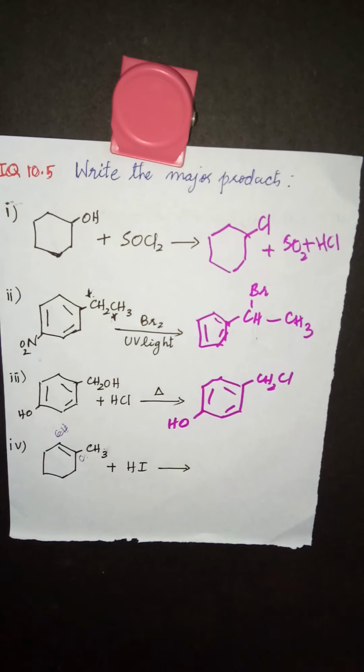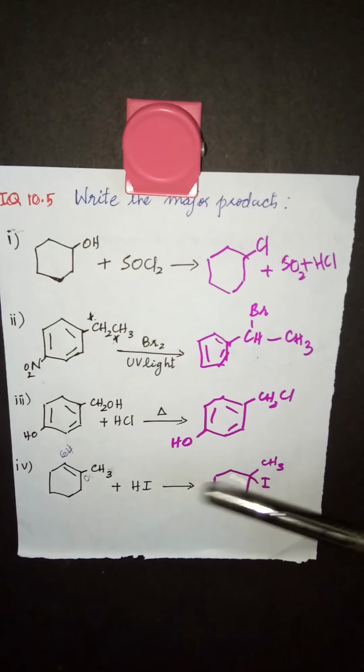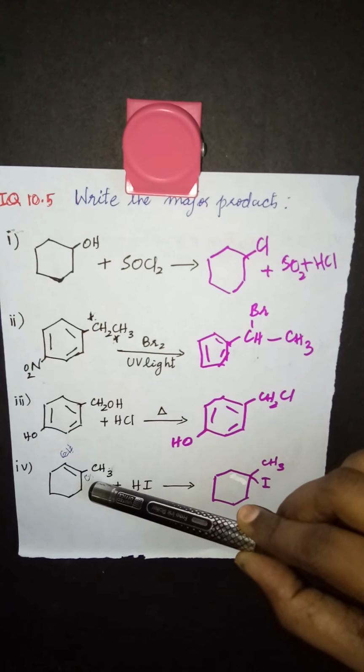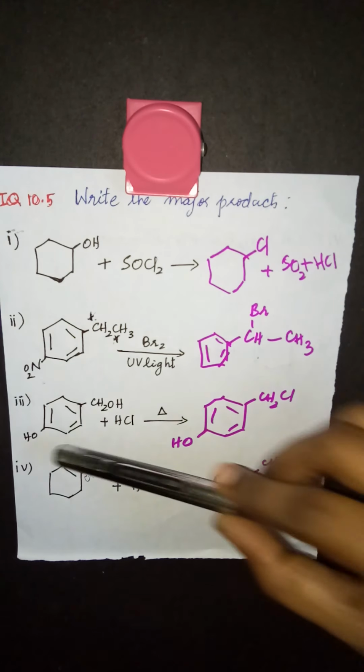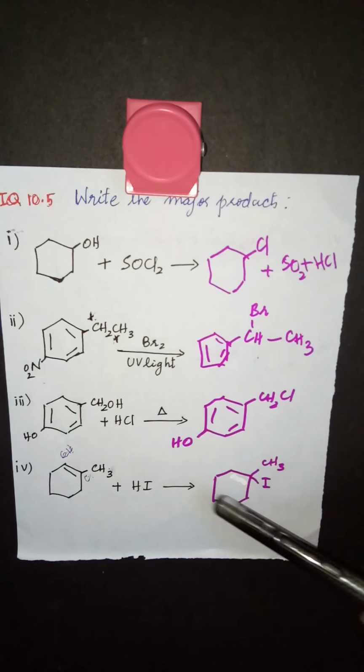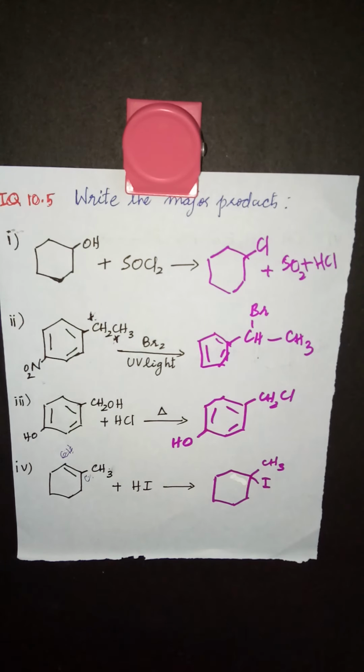So what will be the product? So this will be the product. So the iodine is going to the carbon having fewer hydrogen atoms, because there is no hydrogen atom here, and CH has one hydrogen atom. So hydrogen will go there, this will become CH2, so no double bond, and iodine will get attached here. So this is how you have to predict the product.